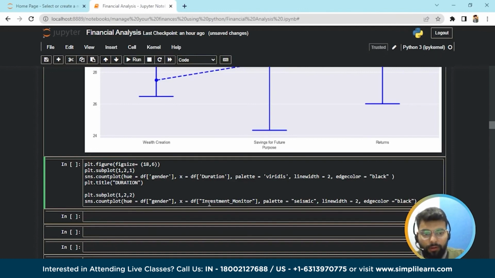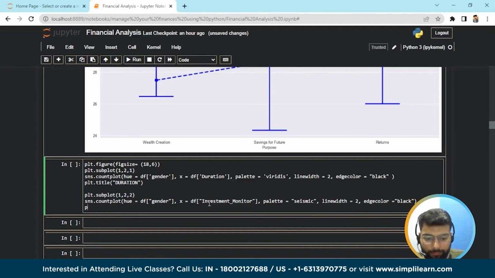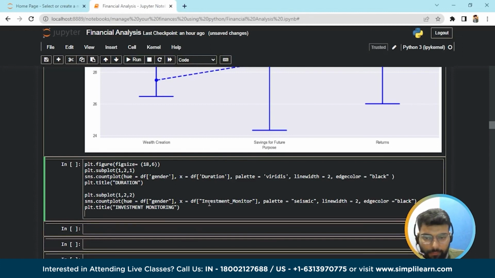And now we'll give the title to this subplot by using the command plt.title, and in the inverted commas we'll write investment monitoring. And after that we'll write the command plt.show